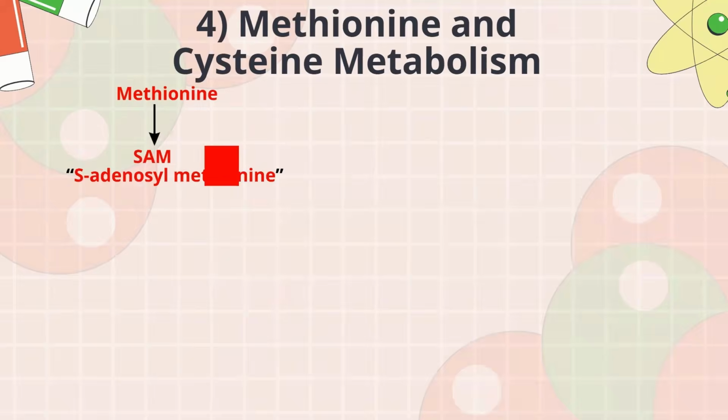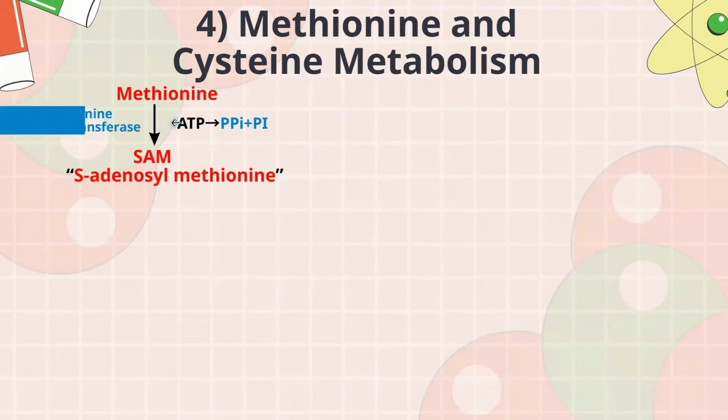it will form eventually something called SAM, also called S-adenosylmethionine. The way it does this is by a step where we're going to use ATP. So methionine plus ATP forms SAM, S-adenosylmethionine, right? You can see where it gets the name, because there are factors of methionine and ATP. And this is catalyzed by an enzyme called methionine adenosyltransferase. Not as high yield, but still remember it, okay? Because methionine transfers the adenosyl to form S-adenosylmethionine.